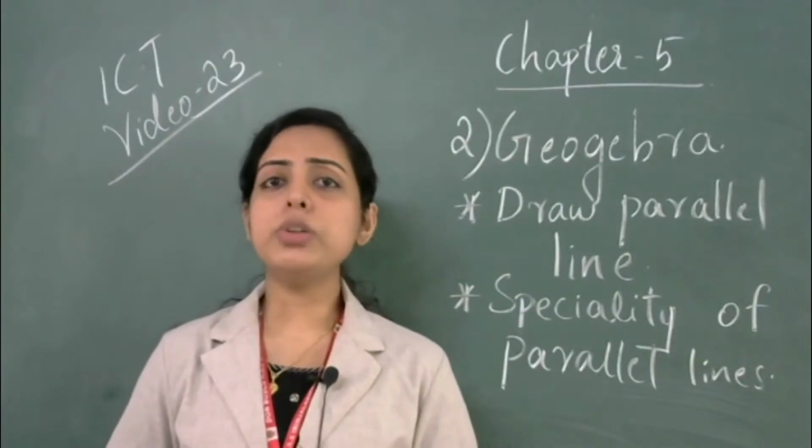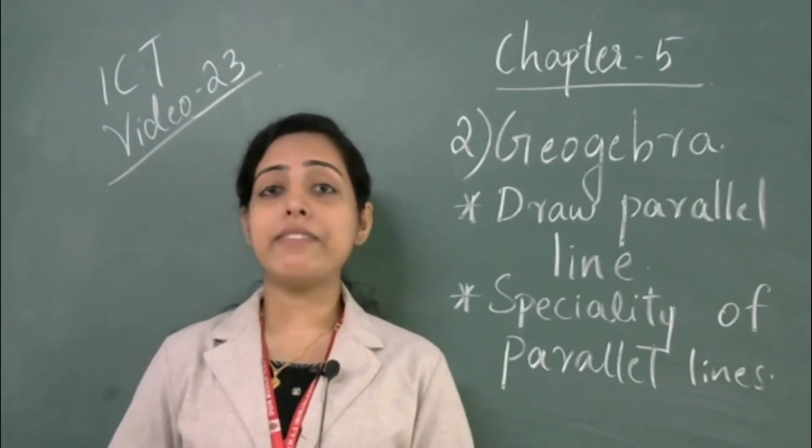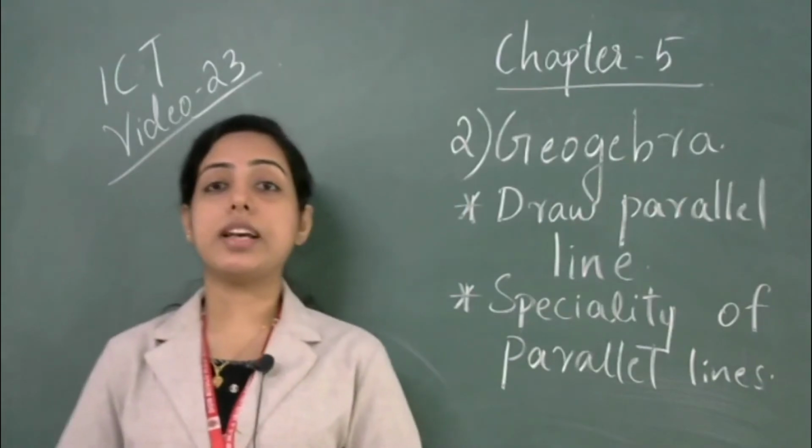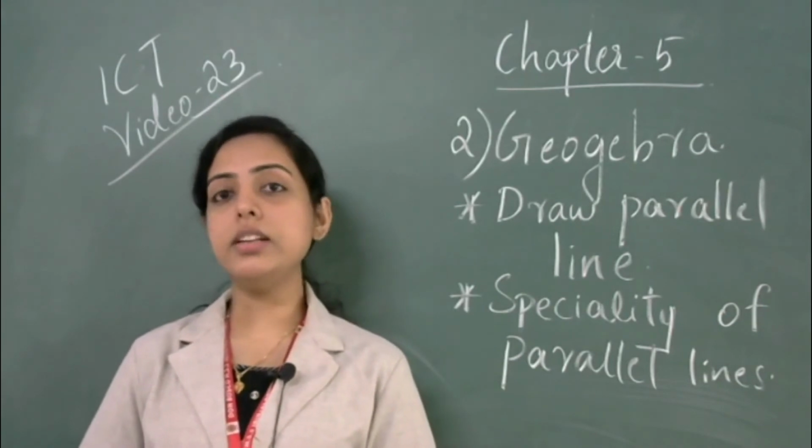So hope you all are clear about the first activity in GeoGebra. We have discussed the second software, GeoGebra. In that, the first activity was how to draw parallel lines and also the speciality of those parallel lines. So mark 1 point on the first and last line using the point tool and join them using the segment tool. After that, by using another tool called the distance or length tool, we can measure the distance, so that the speciality is that the measurement is the same; only then is it correct. Okay, so these are the first 2 activities which we have discussed in today's session.